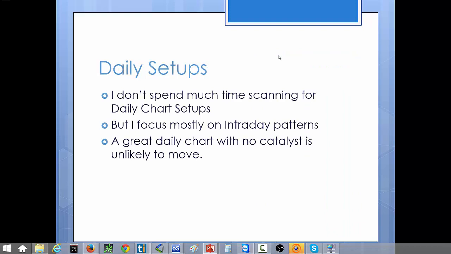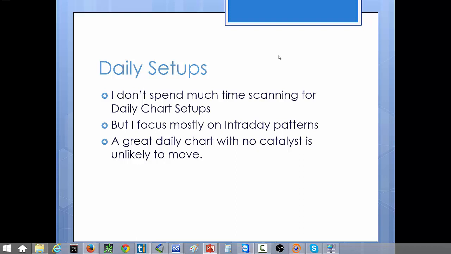Okay, so in terms of daily setups, I've said this before, and I'll say it again. I don't spend a lot of time scanning for daily setups. I mostly focus on the intraday setups. The problem is when you have a great daily chart with no catalyst, a lot of times it doesn't break out in the way that we might like it to. So it can be very frustrating to do all that research, scanning daily charts, looking for catalysts, doing some research on the earnings and things like that, and then seeing that the day that we're supposed to get the breakout